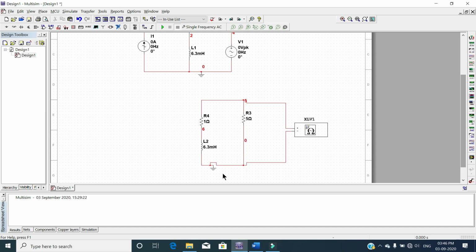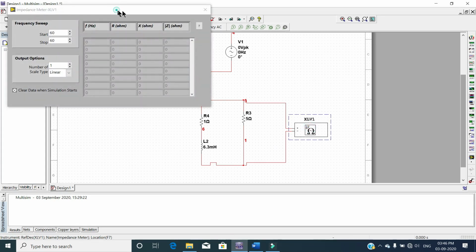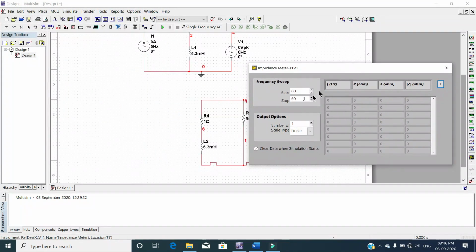One thing you have to notice is that to find the value of ZTH, you have to remove this ground, and also you have to set the frequency. So double click on it. If I double click on it, you can see there is a start value and a stop value. I only want the value of Z for one definite frequency, that is 50. So I will change this start and stop value to 50. Okay. So if I click on run,